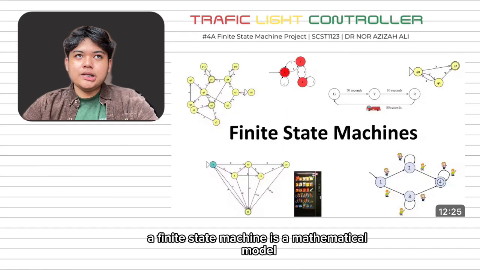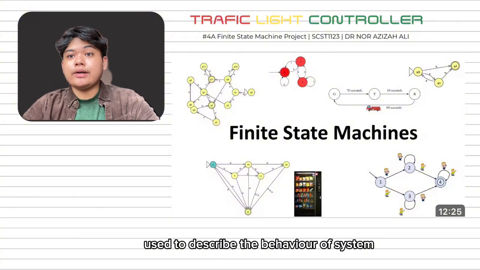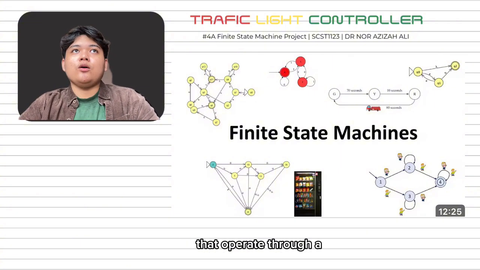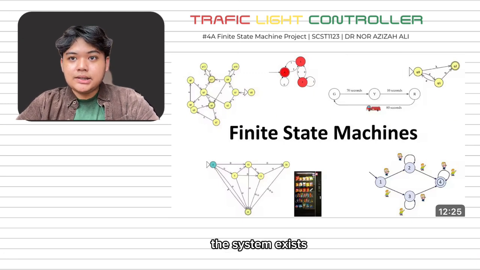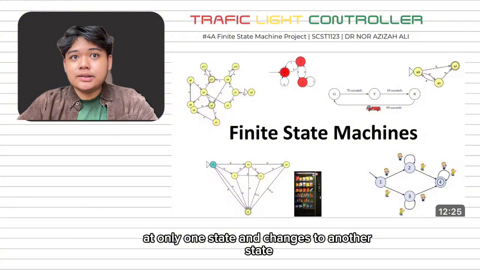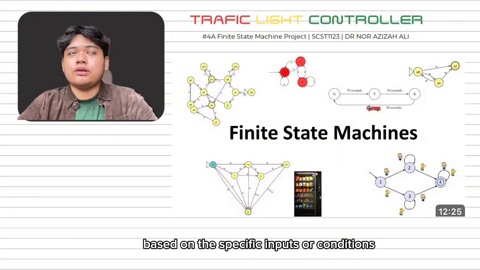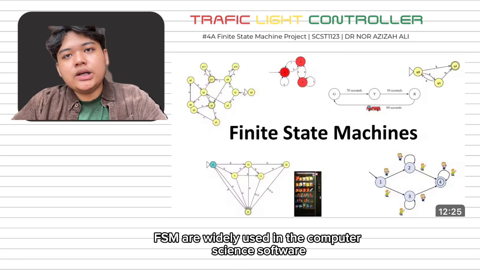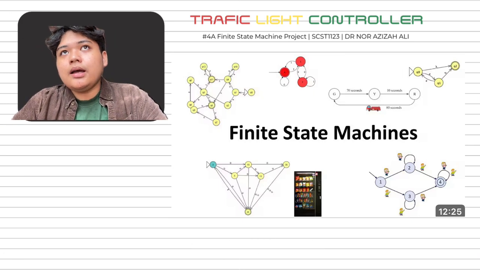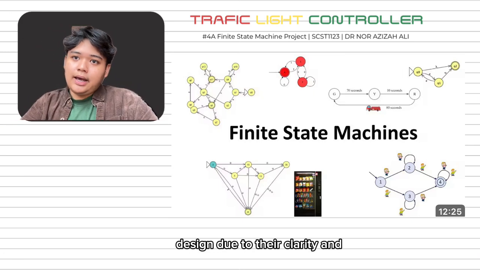a finite state machine is a mathematical model used to describe the behavior of systems that operate through a finite number of well-defined states. At any given time, the system exists in only one state and changes to another state based on specific inputs or conditions. FSMs are widely used in computer science, software engineering, and digital system design due to their clarity and